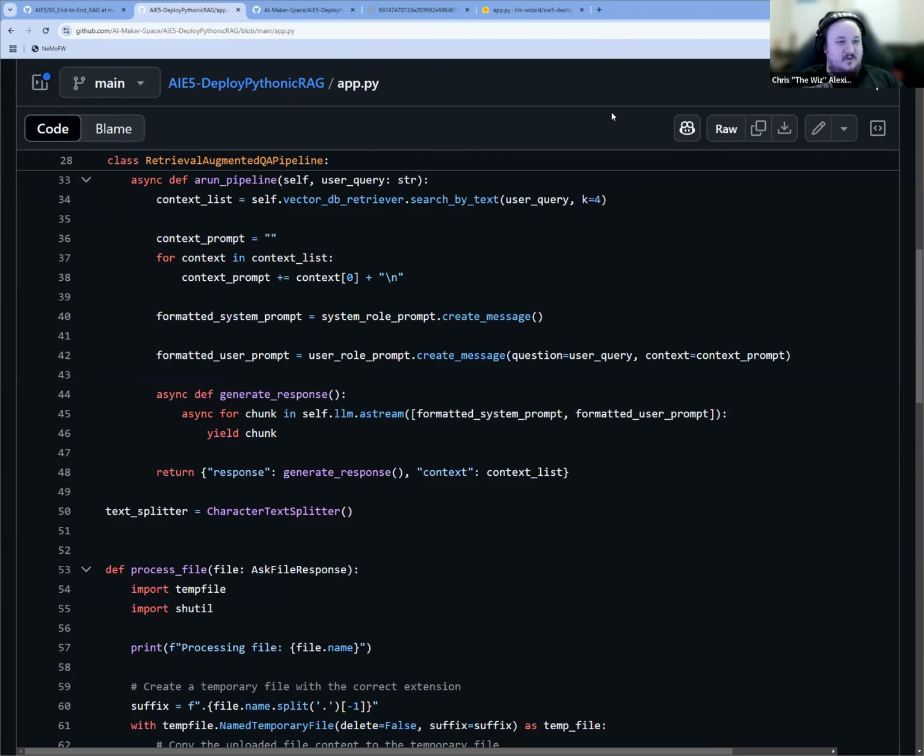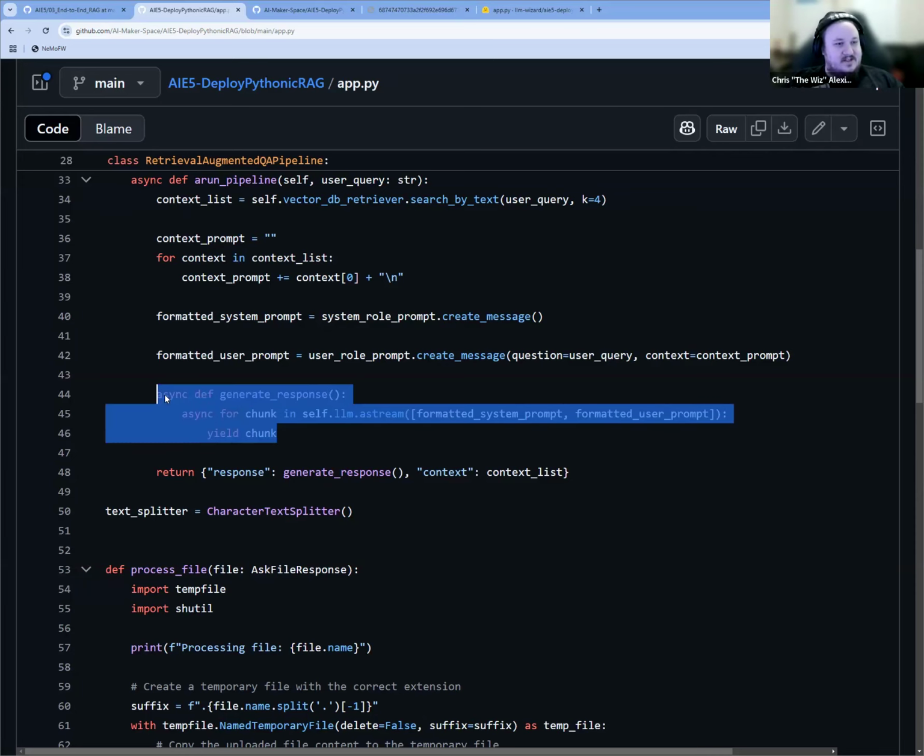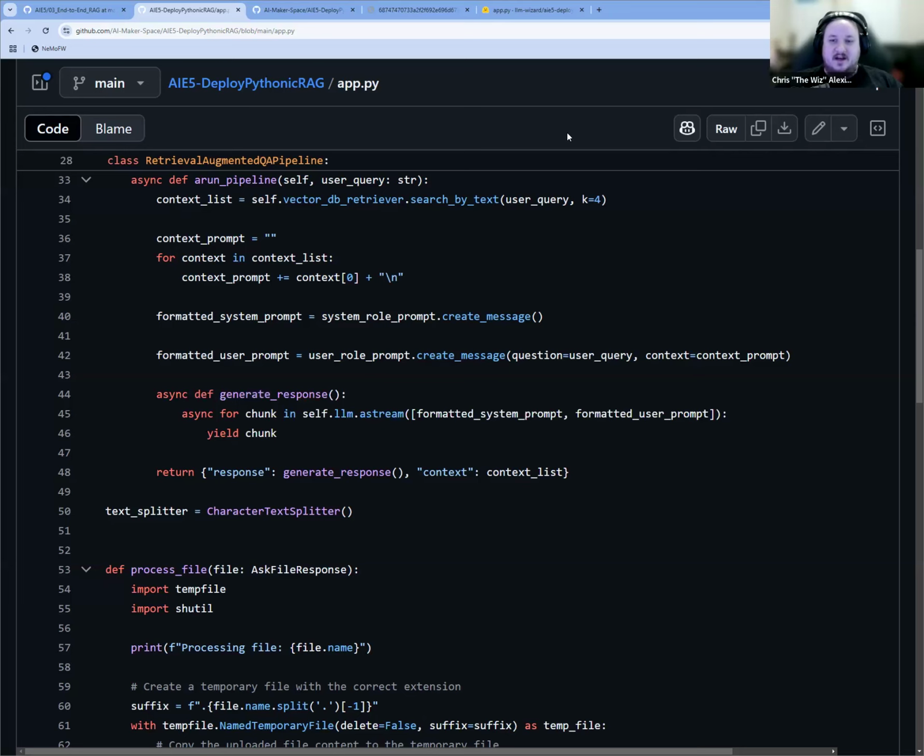chunk. So if you know Python, you're probably like, nice, I know what's happening. If you don't, basically, this is a generator. What's going to happen is that we're going to be able to pull this generator, and every time it's updated, we're going to get the next response. So you'll notice in our return, we actually return the generator as the response.